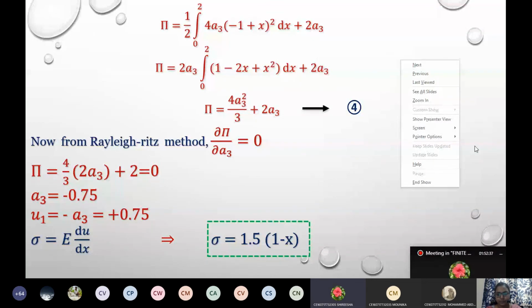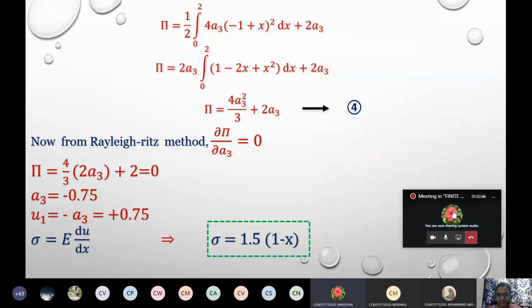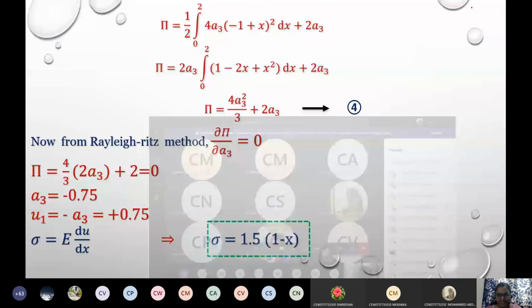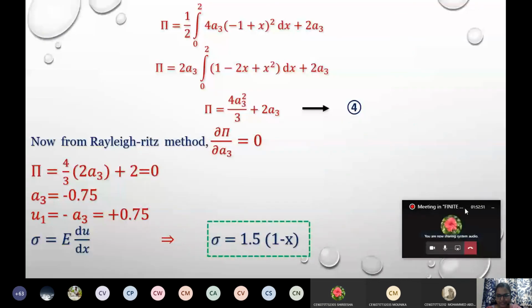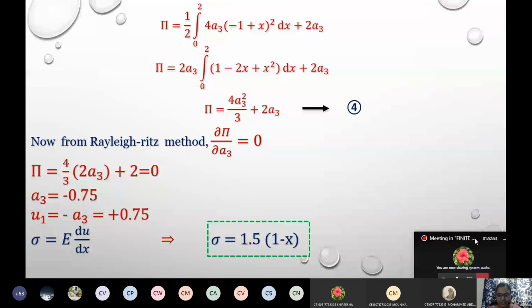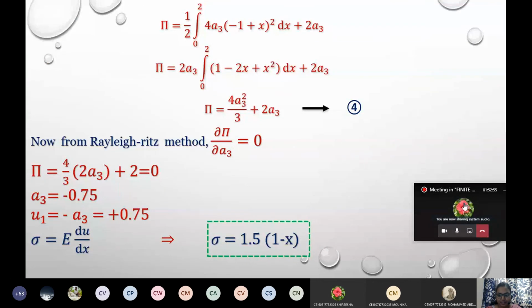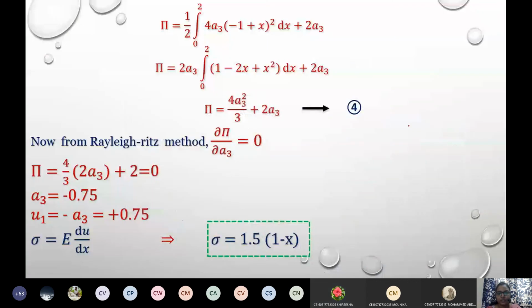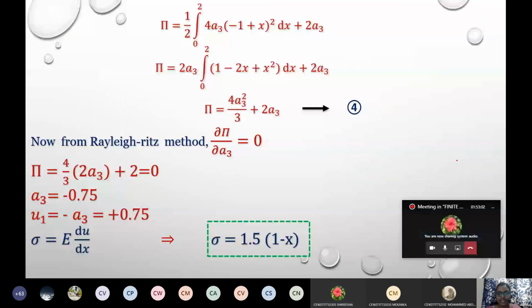What happened to the E value? E is 1, isn't it? E is 1, given in the problem. E is equal to 1, A is equal to 1. You have to check the problem properly. Did you get that, Shirisha? In the problem, if you see the figure directly, the value of E is given as 1. I just substituted the value of E as 1. That's all. Any more doubts?